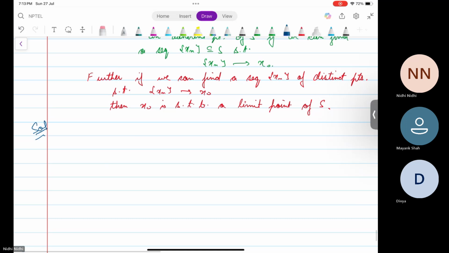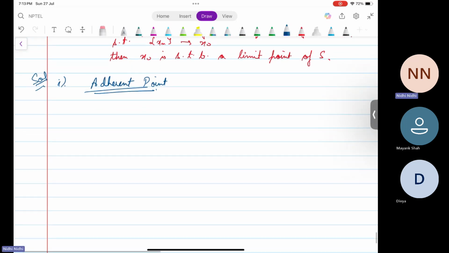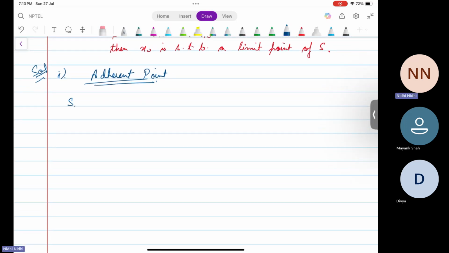Solution. Let's start firstly with the other endpoint case. And similarly, we'll see the limit point. Now suppose x naught belonging to X is an other endpoint